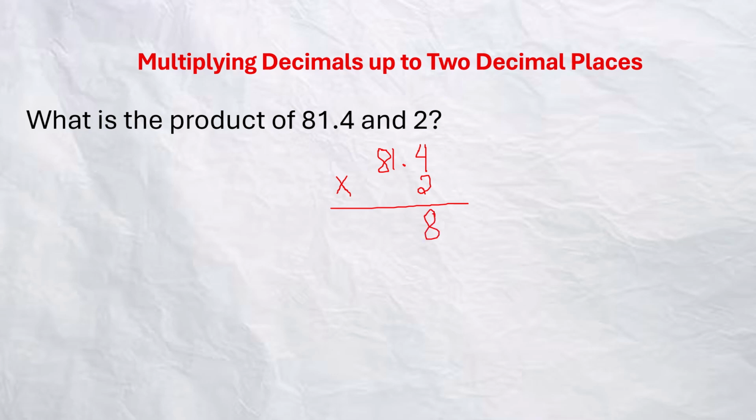2 times 1 is 2. 2 times 8 is 16. After that, we count the decimal places. In the first factor, we have one decimal place, while in the second factor, we do not have any decimal place. So we move the decimal point from the right one time only. So we start here, going to your left. So this is where we will put our decimal point. So the final answer is